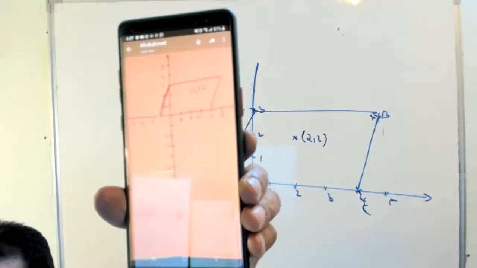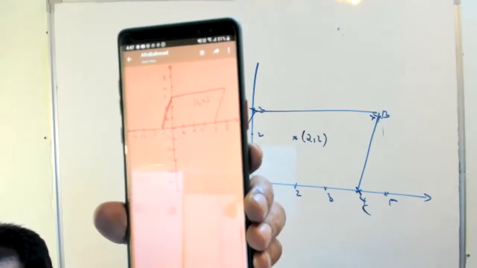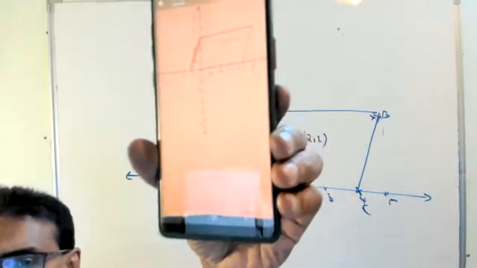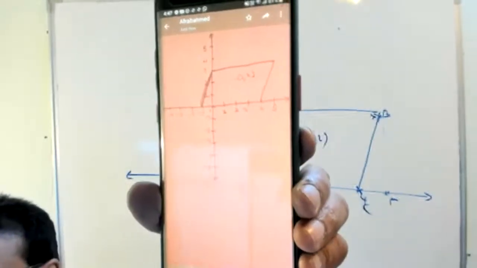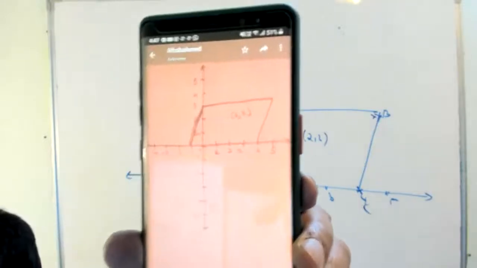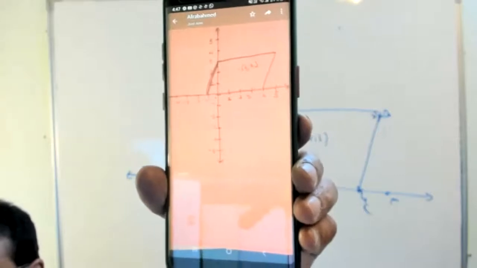Is it freehand or scale? Sir, it is freehand. No, I'm asking you, Aftab. Come on. Aftab. Yes, sir. Answer my question. Is it freehand or scale?